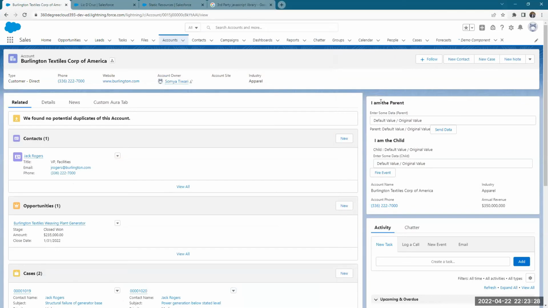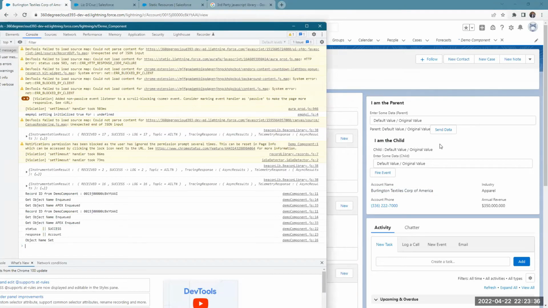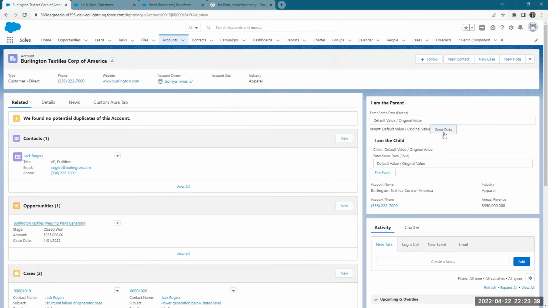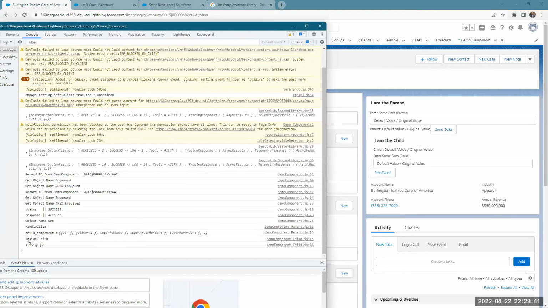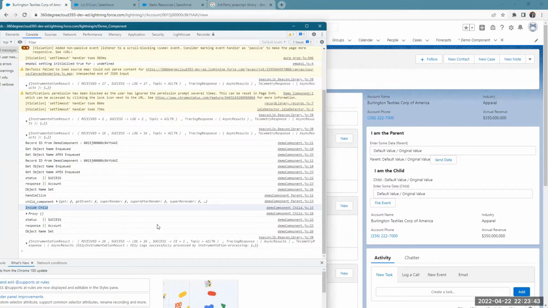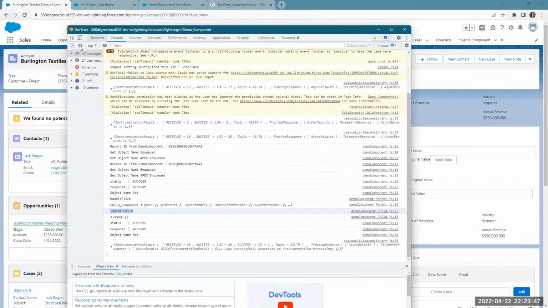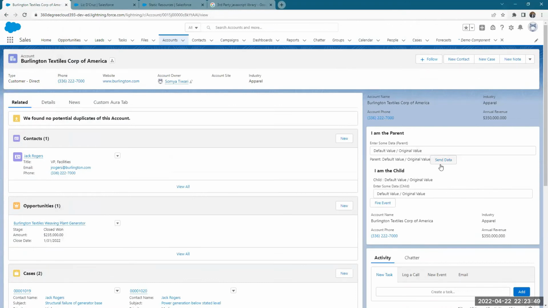So here, if you see, I am the parent, I am the child, and this is another component. If I click on send data, okay, we have another component now. I was wondering why it's not there. If I click on fire event, let's say,